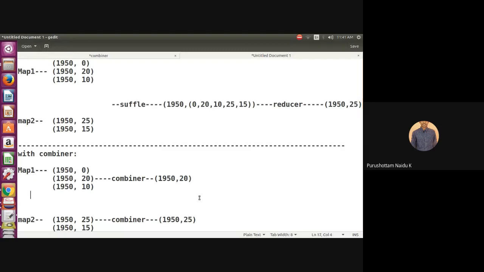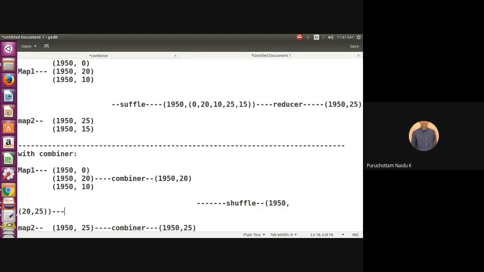Okay, now to this output of combiner, what can it perform? It can perform shuffle and sort. The output of this is 1950, comma 20, comma 25. This is the output of shuffle and sort. Now this is given to which one?